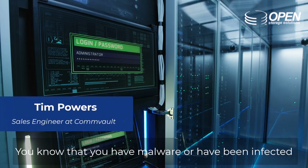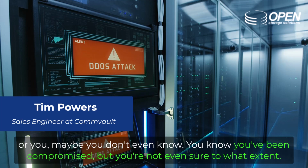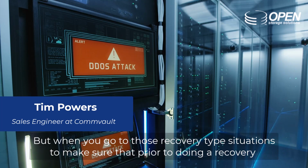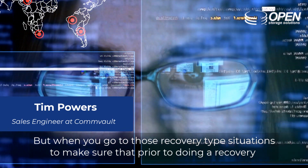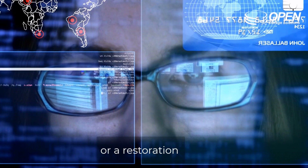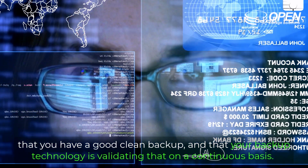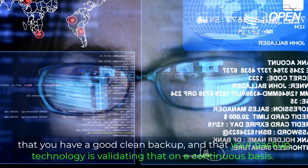You know that you have malware or have been infected, or maybe you don't even know. You know you've been compromised, but you're not even sure to what extent. But when you go to those recovery type situations, to make sure that prior to doing a recovery or a restoration, you have a good, clean backup, and that your backup technology is validating that on a continuous basis,